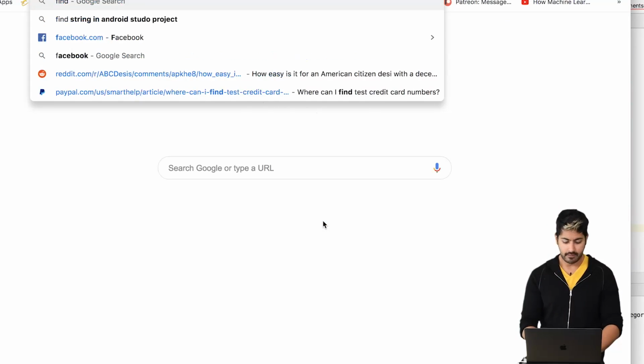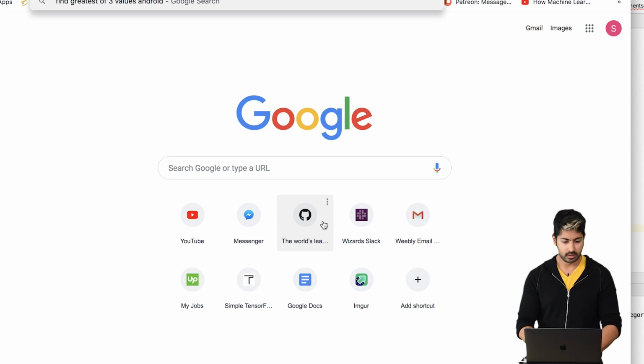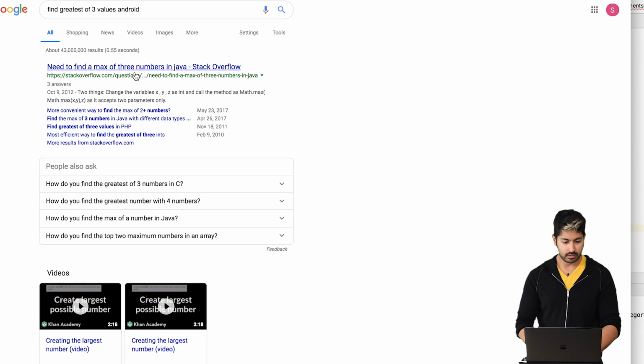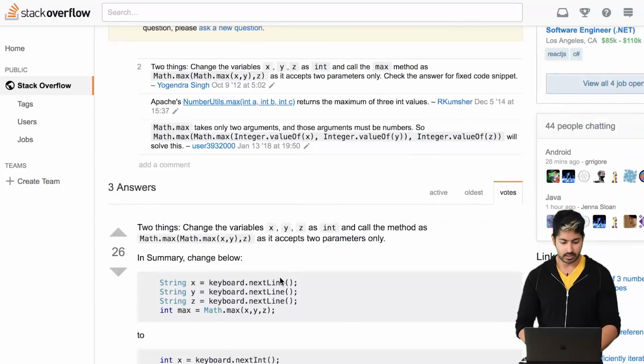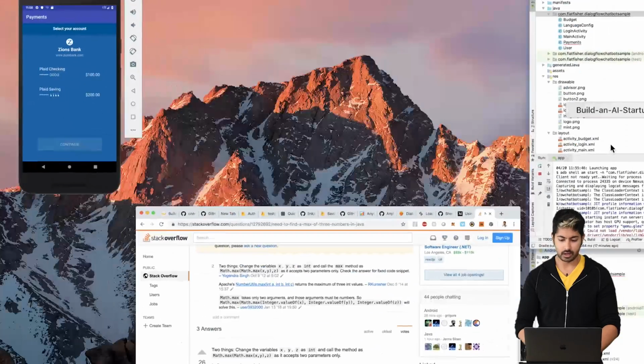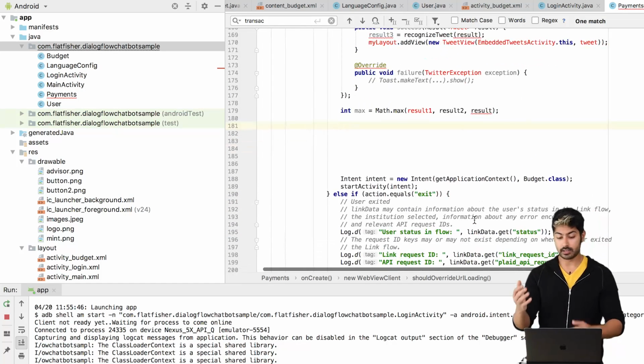See how I'm using Google here? Find greatest of 3 values, Android, quick and dirty, Stack Overflow, max of 3 numbers in Java. It's probably one beautiful one-liner somewhere. In Math.max, there we go. Thanks, Java. Math.max, result 1, result 2, result 3, and that's the max value, and I can save it as